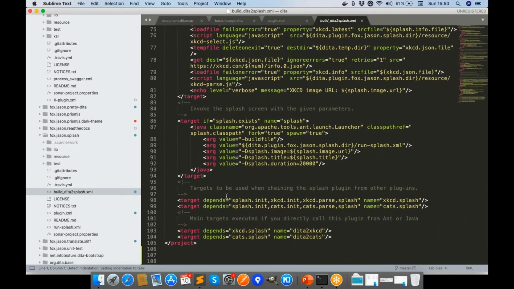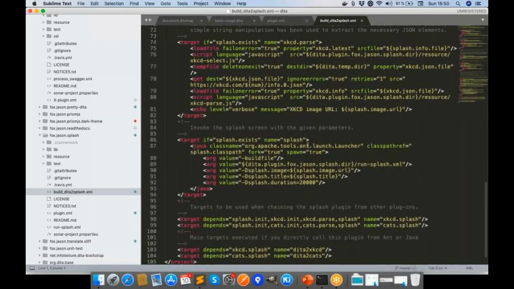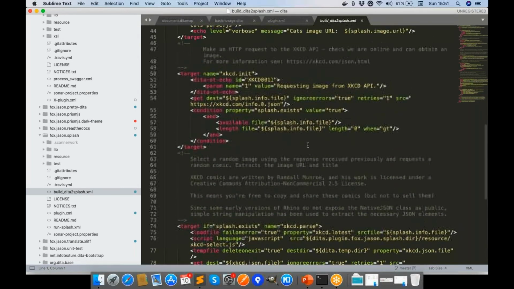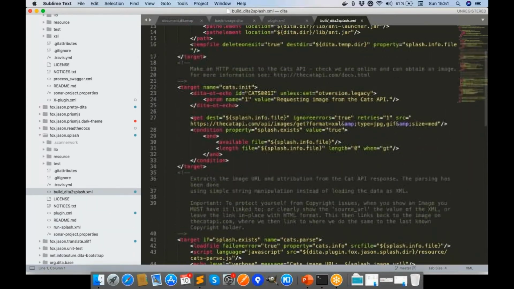I tend to put my important things at the bottom of my build file. You can see that I've got these direct build targets, which will be DITA to XKCD and DITA to cats, where the name of the transform is what you've got. But you can also use this xkcd.splash or cats.splash, which would then go off and do something as part of the process, which is what it's called from the preprocess pre. It's a fairly simple little